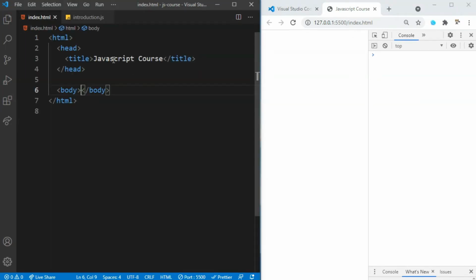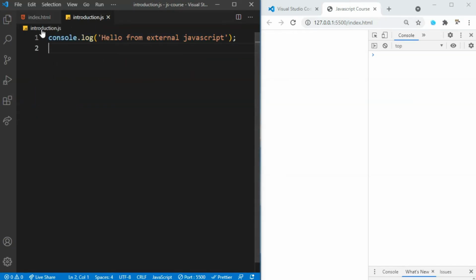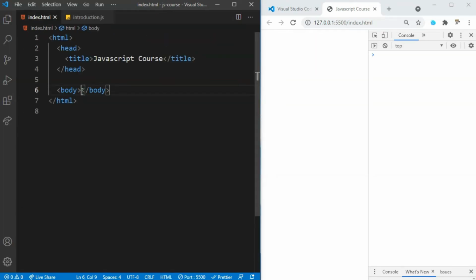So we need to actually link this external JavaScript file. So how are we going to do it? It's very simple. Let's head over to index.html. We can link it in the head section also, but let's demonstrate how we can link it in the body section. Both ways are the same.